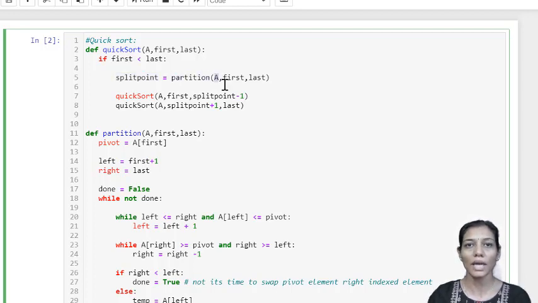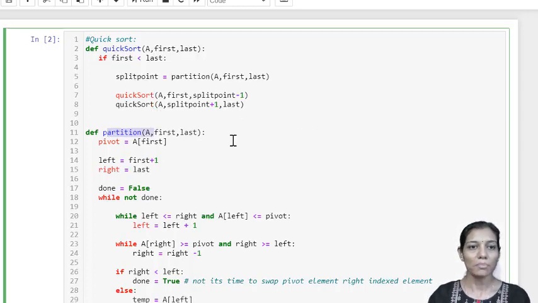So let's see what is happening in partitioning. We are passing the array, first and last, and again applying quicksort on the left and right subarray. This we will continue till one element is left inside the array. That means first is less than last. It should not be the case where only a single element is present, meaning first and last are the same. So we'll terminate at that point. Now we'll see how the partitioning is happening.